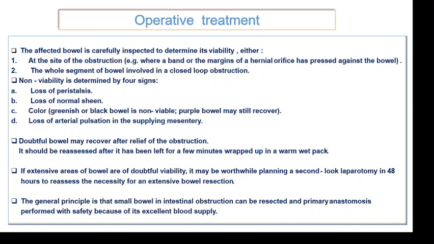Usually we relieve the obstruction, put warm packs over the bowel for a few minutes, and the bowel color might change into a normal one, and the doubtful loop can be saved. If an extensive area of bowel is doubtful about its viability, it may be worthwhile to replace the abdomen back into the peritoneal cavity and close the abdomen, and a second look operation should be done